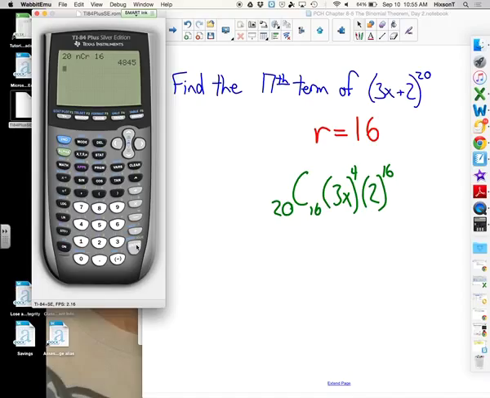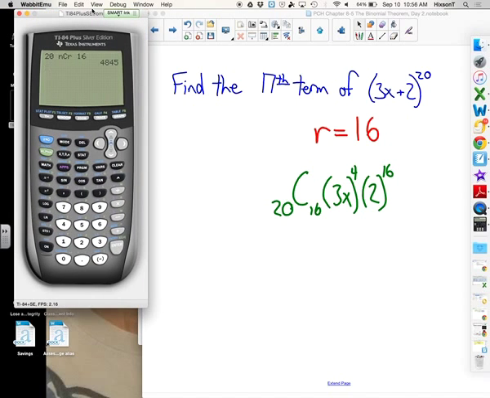Now, does this mean you don't have to know the formula anymore? No. I still might ask you to evaluate this combination by hand, by reducing the factorials and so on. But if you're doing a problem like this, where I don't ask that, you would just show what I have written here, and then you can do the combination on the calculator. So here we have 4,845